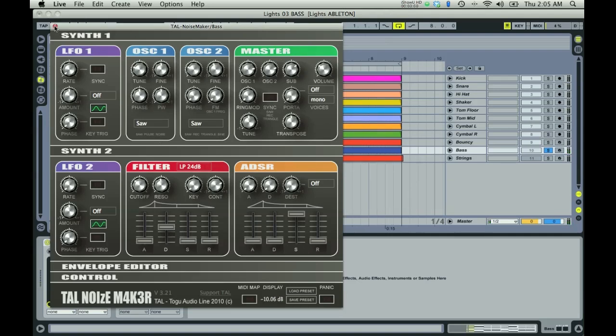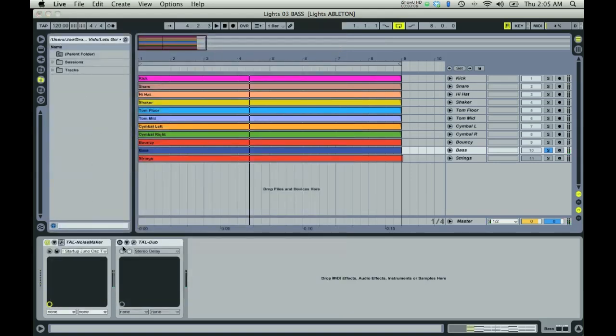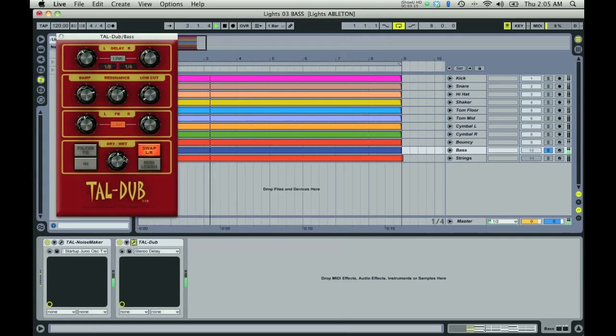Now, the only difference is this is very narrow in the center. In the actual track, it's kind of a wider sound. So we're going to use a delay to widen it. Now you don't actually want to hear all these little delays. So I'll show you how to just make it wide without hearing delay.